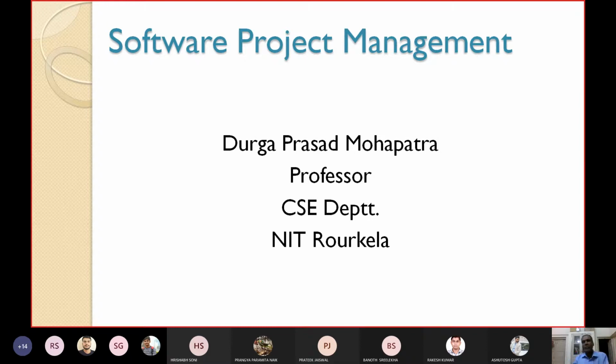Yesterday we discussed change management and software configuration management. We have seen the purpose of using software configuration management, what the advantages are, etc. Today we will discuss the exact process that has to be followed for software configuration management, what tools are available to carry it out, and overall what tools are available for software project management.